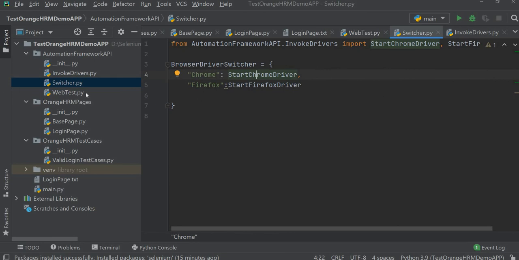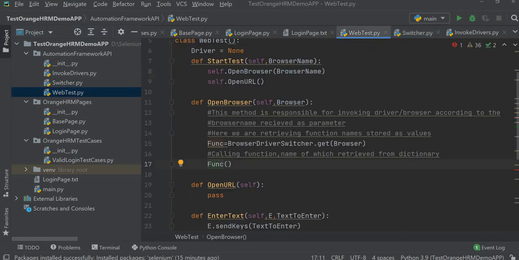Okay, now where do I need to use these things? In this web test we have one function called open browser, which once it is called, would be sent the name of the browser we want to start. So Chrome, Firefox, those names would be sent as an argument while calling this open browser function.